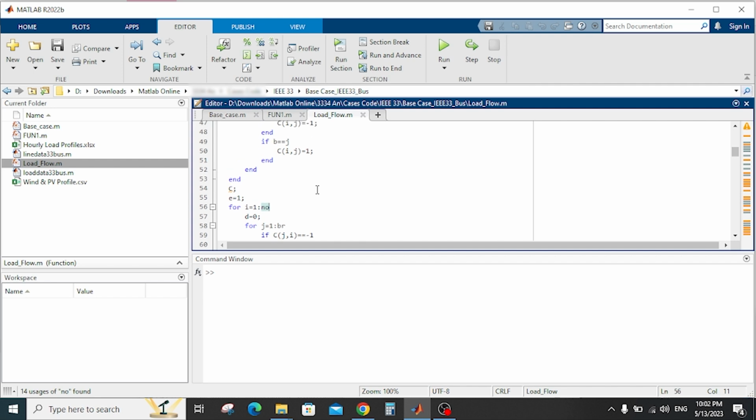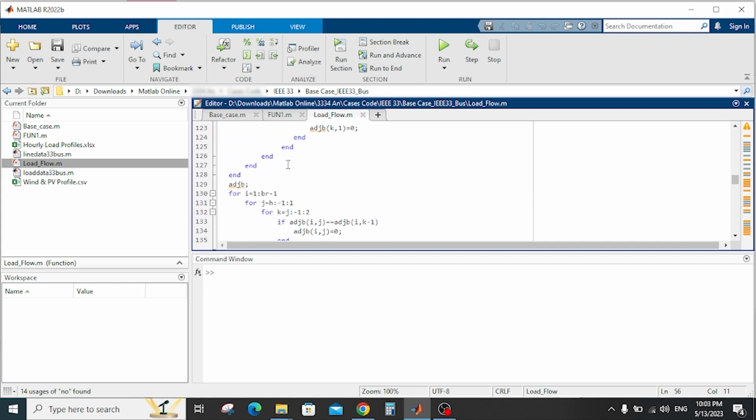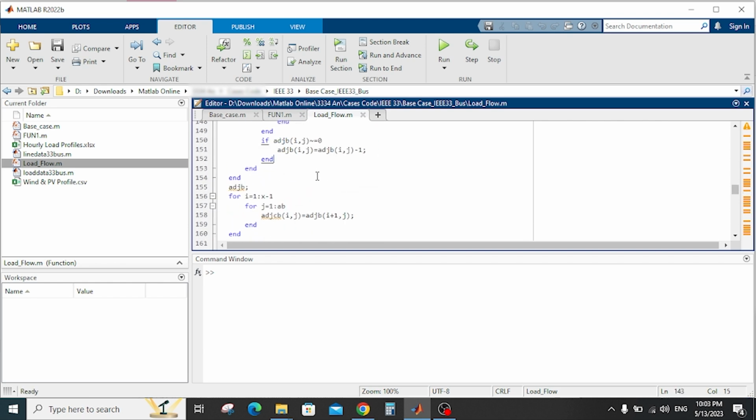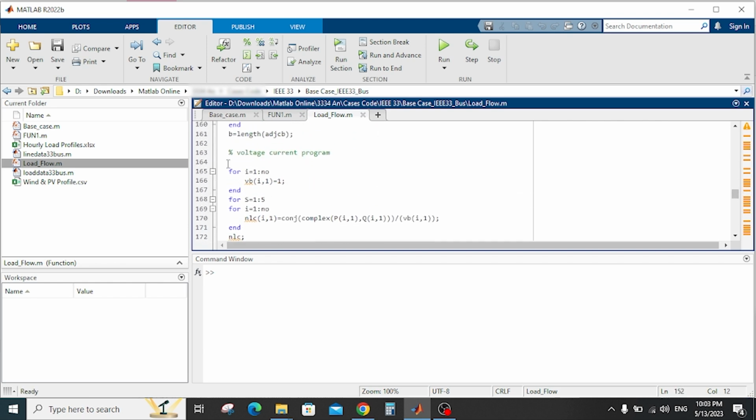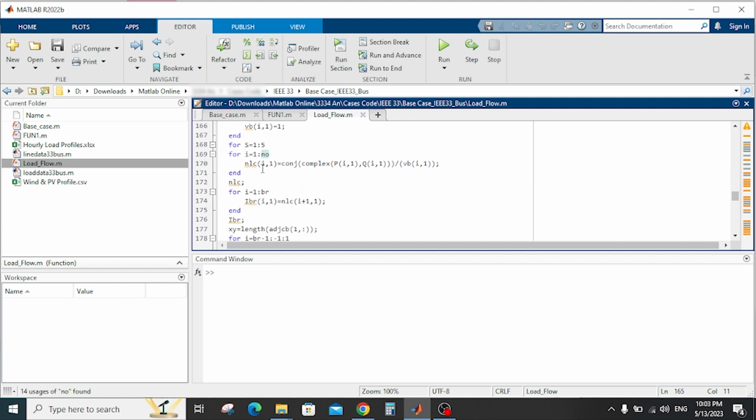The load flow here, this is the function to arrange the buses and to classify the buses, whether they are PV buses, the slack bus, or PQ buses. After the arrange and classify, this is the first equation that we use for the load flow. After arranging the buses, the program assumes all the voltages at the buses are 1, as you see here. After we assume that, we calculate